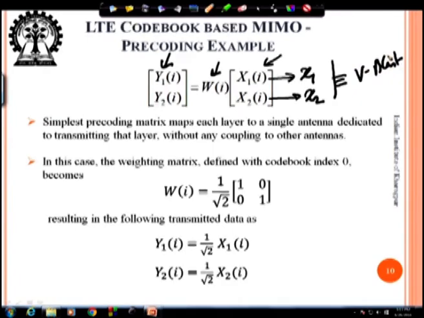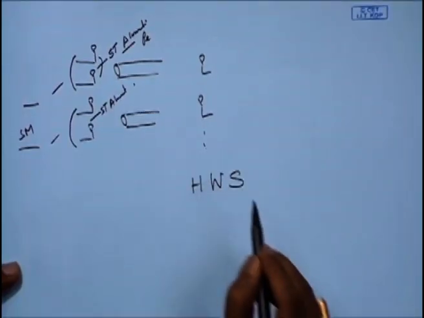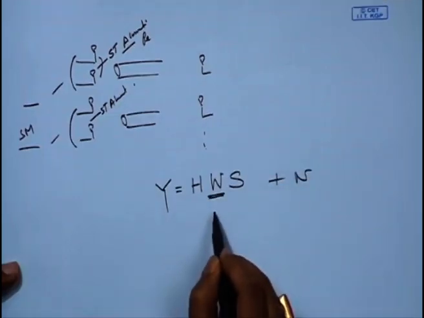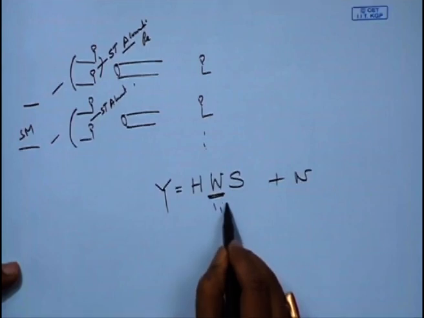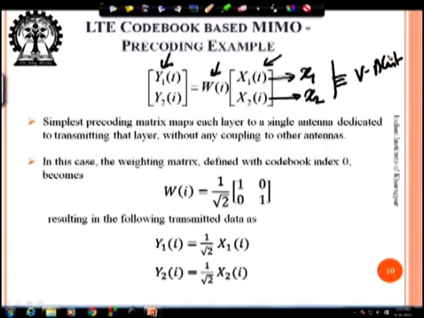This is done in general, because if we indicate a code book with W, then for all schemes we will be using W. In some cases we will be using the identity matrix, which would be like indicating V-blast. In other cases we will be using special matrices. So, the expression would remain the same. Basically you would write S times W times H as what is being transmitted, and it is received along with noise. So, this can be used to provide an identity matrix to indicate blast, or any other combination to provide a particular precoding. Moving forward,